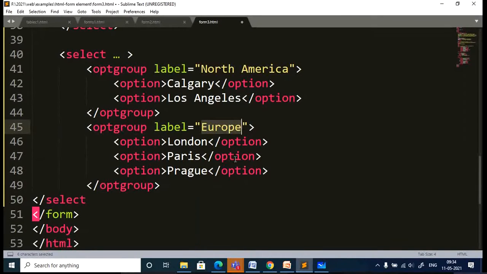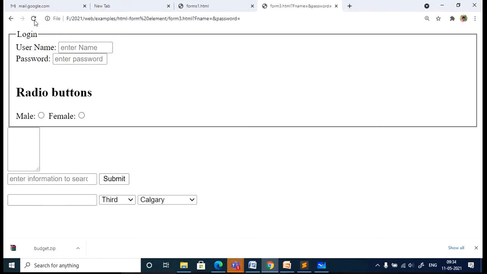In each category we have subgroups. In such cases you have to go for the tag optgroup, option group. Within that you will have the options. Okay, can you see here?